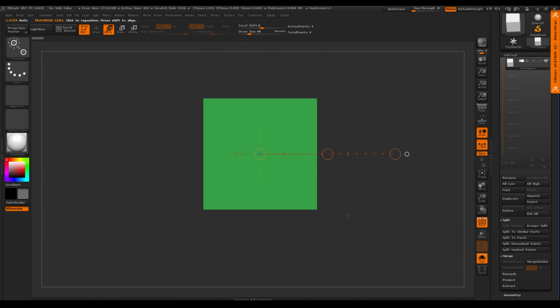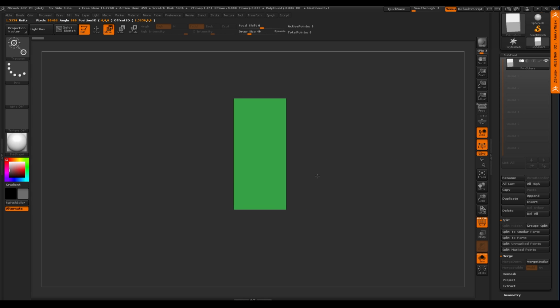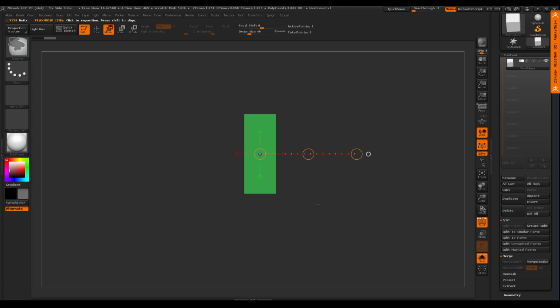All right, I'll turn the floor off now, and I'm just going to change the shape of the move and say I want it to be a little bit more of a rectangle, maybe something more like that. And I don't want it to be as thick, so I'm just turning to the other side, right? And then there you go.